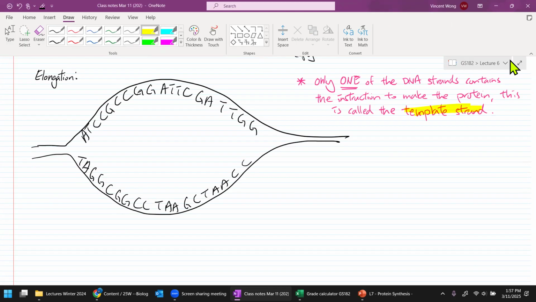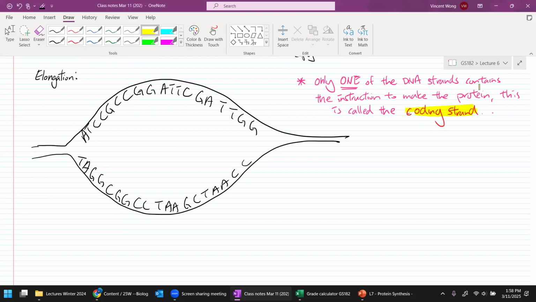DNA is double-stranded, right? It's complementary, it has two sides. But only one of them, either the top one or the bottom one, is going to be the... sorry, I wrote it wrong. Caught my mistake. That is called the coding strand. Coding strand. Okay. So only one of the two is going to have the actual code that allows you to